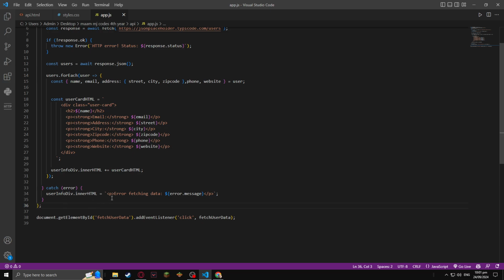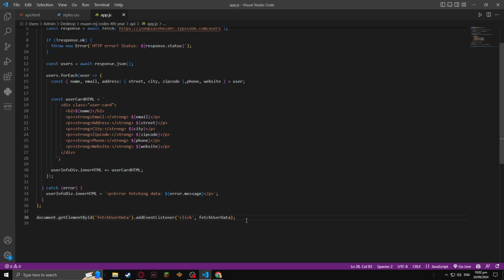If there is any error in fetching or retrieving data from the API, this error message will be displayed. Then this one is for my button.